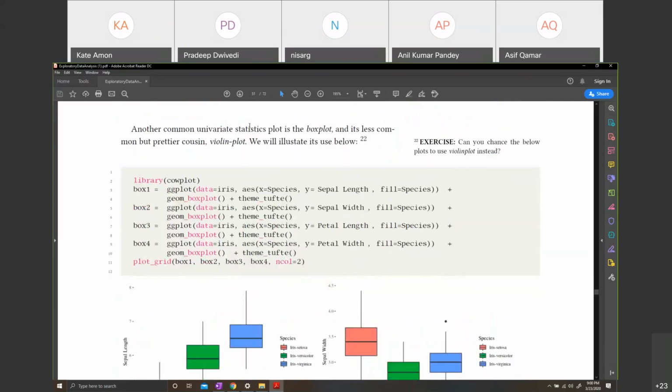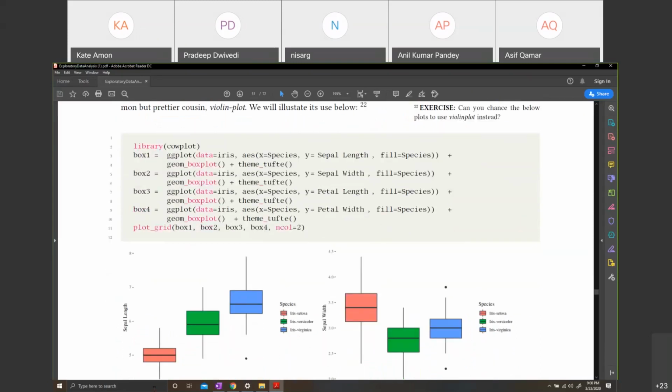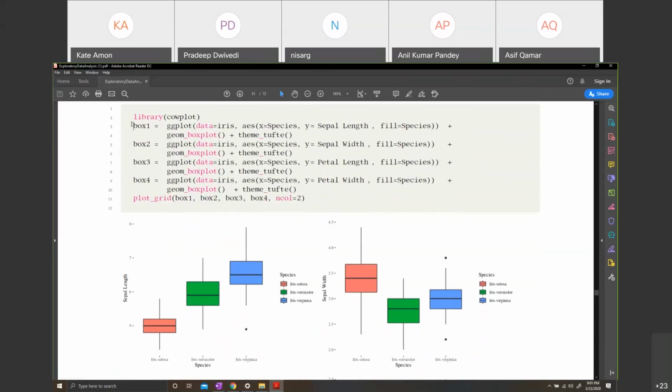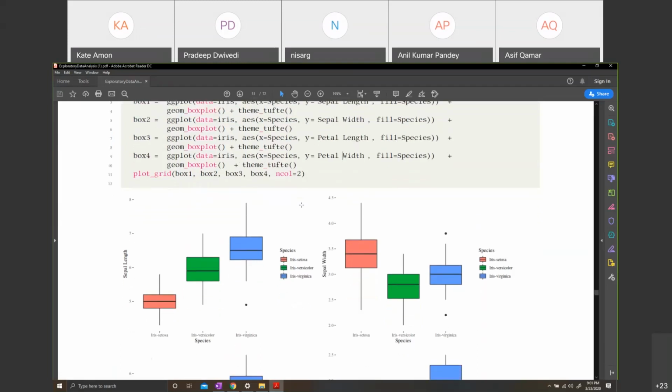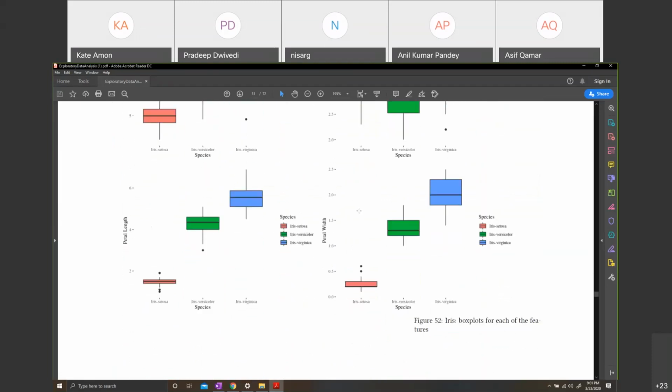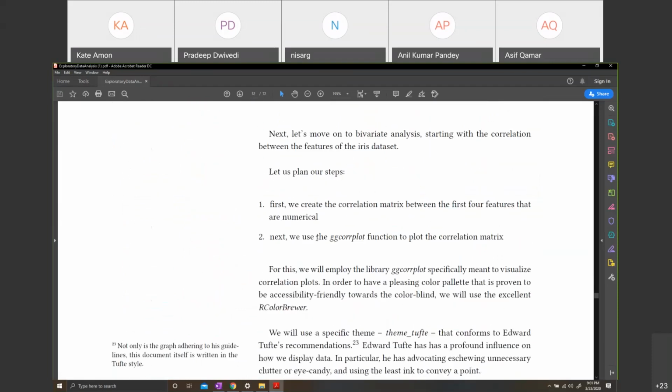Then box plot. If you have done courses in statistics in high school, these are your box plots, right? How do you draw the box plots? This is the way. Very simple. You make 4 plots, one for each attribute, sepal length, sepal width, etc., etc. And you do this. Right? And you get this. Now, you must notice that this is rather bare compared to the typical thing people have. They'll have all sorts of grid and so on and so forth. This minimalistic style is highly encouraged these days.